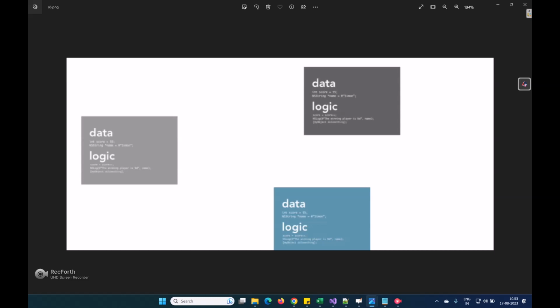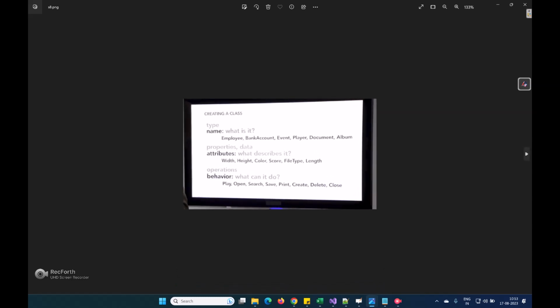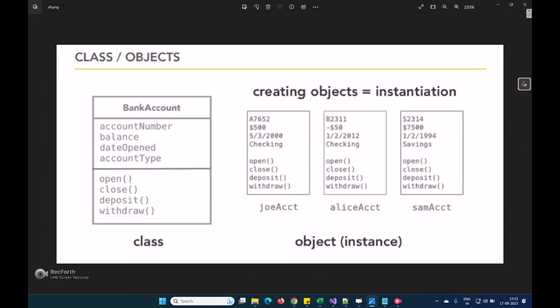Till now, whatever code you have written, you simply wrote in the main method only. You should not write like that. Write it in a class. Inside the class you write it, declare the object of the class, and use that for functionality again and again. See, it is not compulsory that a class should always be physical or visible items. It can be a concept also.